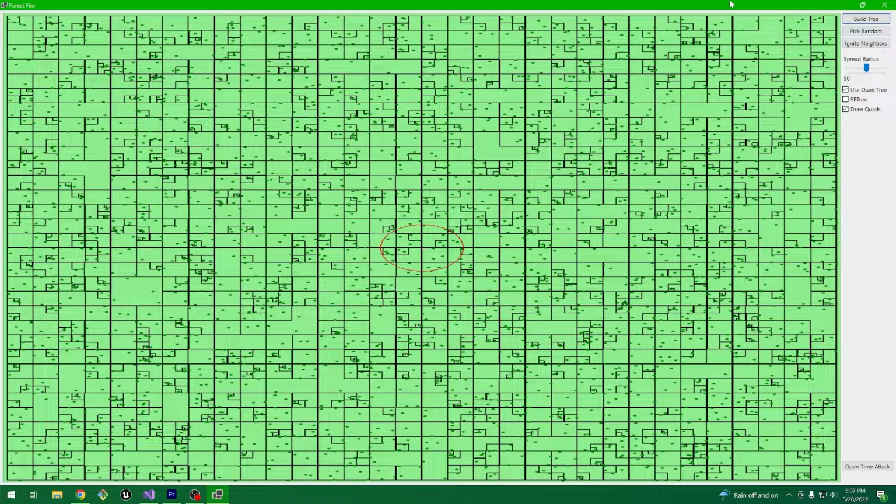Quad trees and octrees and KD trees are really useful for any kind of real-time 2D or 3D simulation, especially for things like games, because games are pretty much always a 3D real-time simulation, or 2D if you prefer the side-scroller type things. But they're really great ways to spatially partition data so that we can do easy searches, easy insertions, easy lookups of data and find things like nearby points, nearest point. We can do things like early collision detection based on proximity. There's all kinds of stuff that we can do with quad trees or octrees that make processing real-time simulations